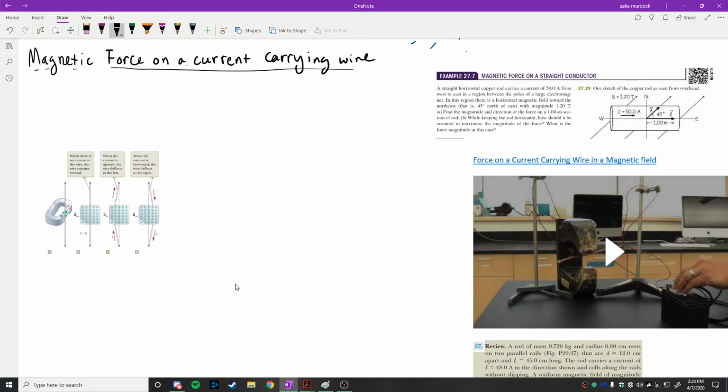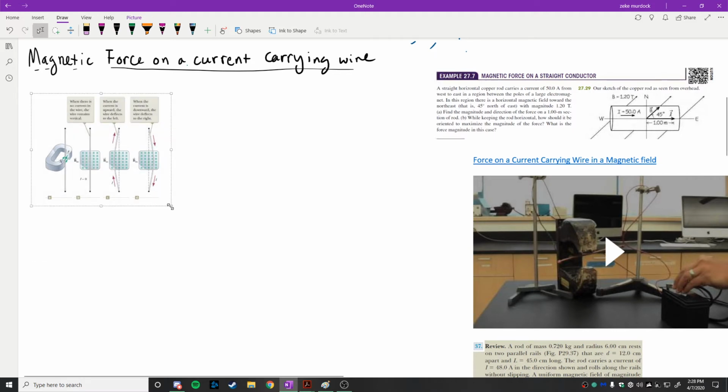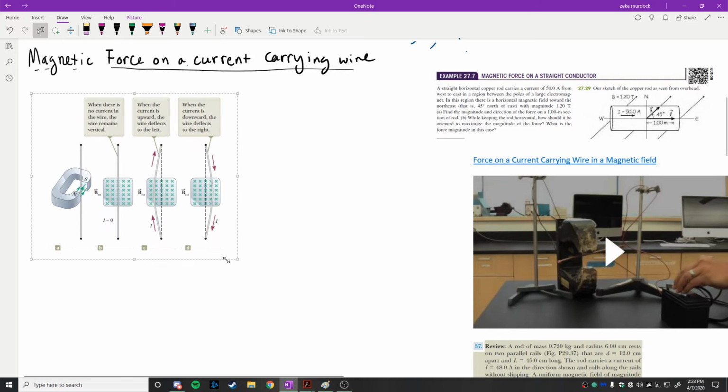Magnetic force on a current carrying wire. This picture here basically describes exactly what I want to describe to you. Suppose I have a wire, connected from this point to this point here, and we place around that wire a magnet, with the north end here and the south end there, which sets up a magnetic field pointing kind of into the page, as you can see in these three situations. What you can experimentally observe is that if there's no current in